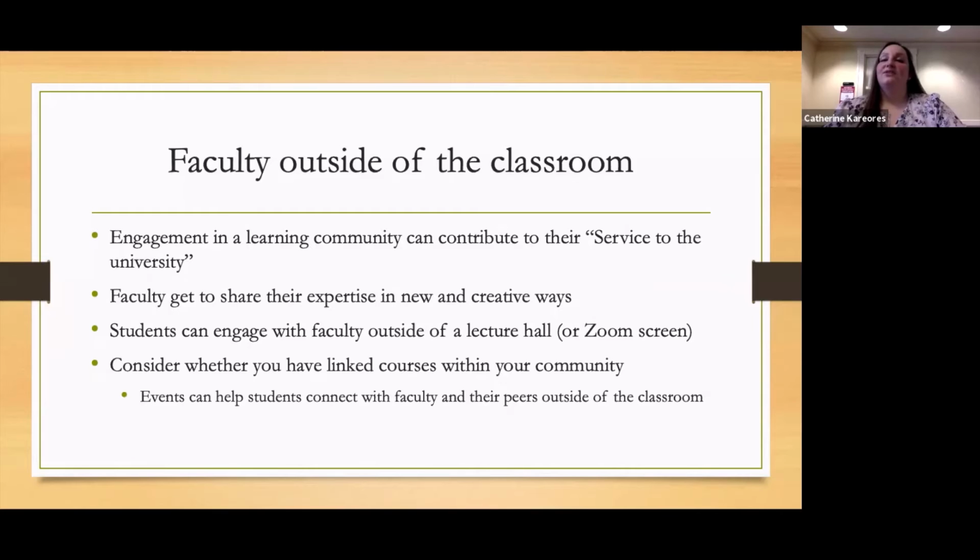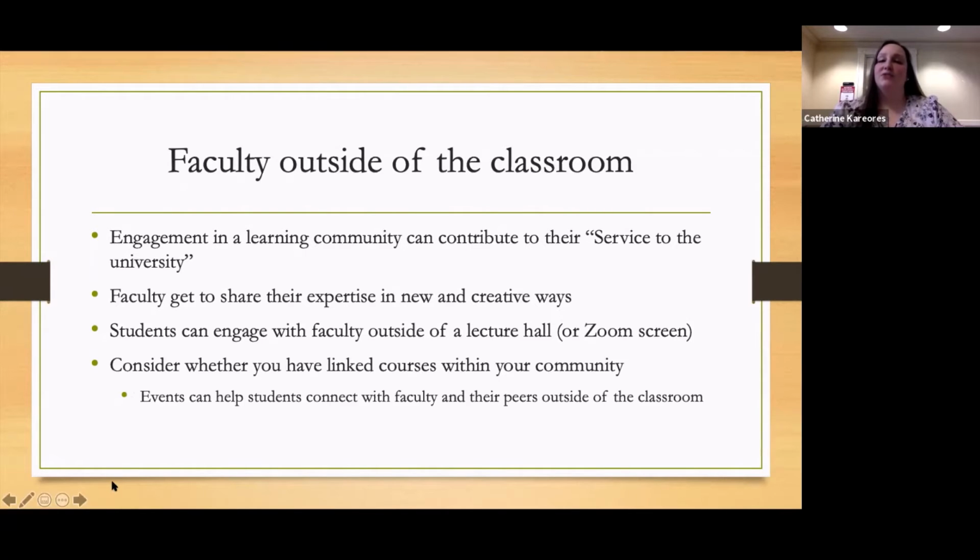But that's still a chance for them to see a professor in a new light and say, oh, I didn't actually think about asking you this question that's kind of related to class, but not 100% related to the material, but I know this is a thing that you study and I'd like to learn more about it. So definitely some cool ways for them to continue to build those relationships and have students that want to come to them and want to have those conversations.